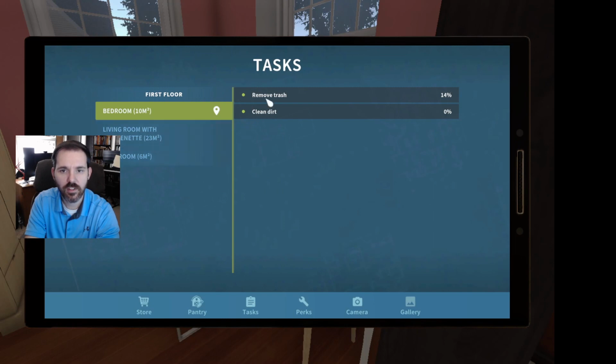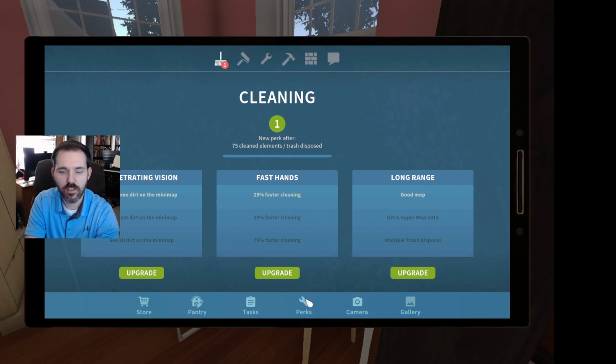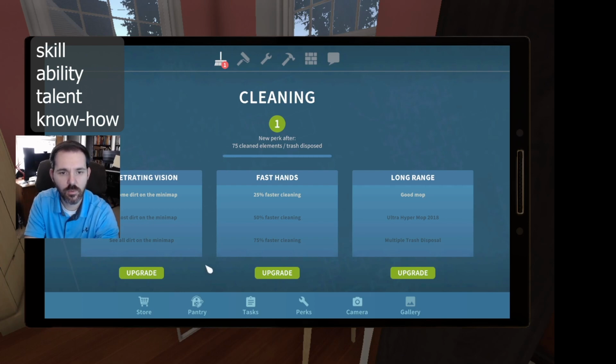So these are our tasks. Tasks are the things we need to do, our goals, our actions that we need to take. And let's see, what else do we have? Perks. So I think these are the skills that we are upgrading. Our skills are our talents, the things that we do.